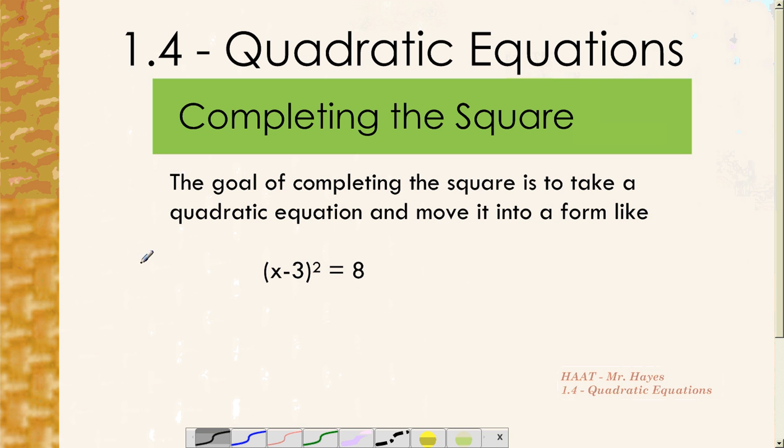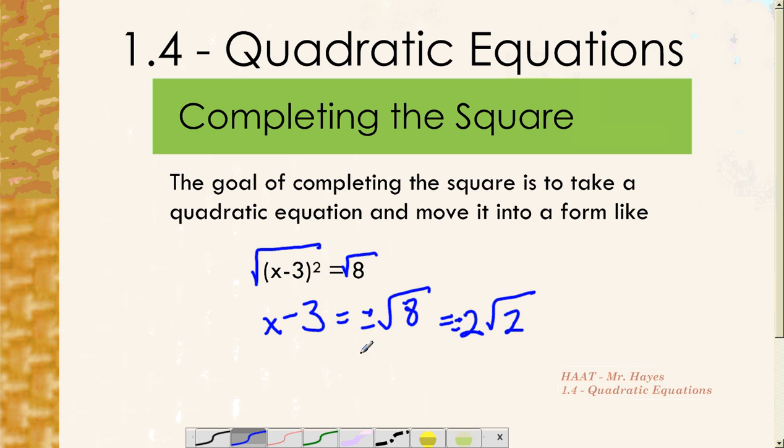So our goal here is to complete the square to turn a quadratic equation, ax squared plus bx plus c, into an equation that looks like this. Because then, remember, if I take the square root of both sides, at this point I've got x minus 3 is equal to plus and minus the square root of 8. Why plus and minus? Because remember, I can take two different numbers and plug them in for x. If it's negative, I square it, I get a positive 8. If it's positive, I square it, I get a positive 8. The square root of 8 is